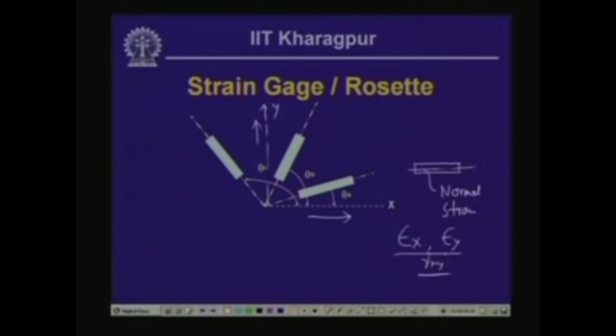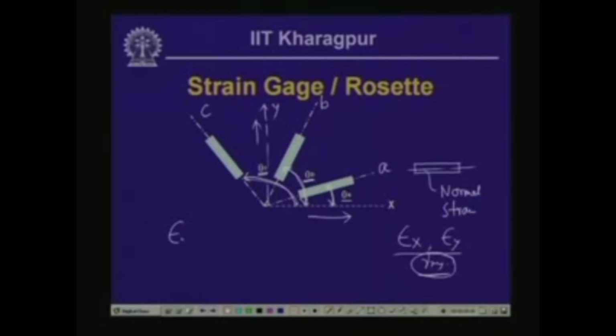principal strains. Since we cannot measure gamma xy directly, we place three strain gauges in three different orientations. Let us call these directions A, B and C, which we discussed the last time, and all three are oriented at three different angles. This particular angle is theta A. The second gauge, along B, is at an angle of theta B, and the third gauge, along C, is oriented at an angle of theta C, and thereby employing the transformation equation,